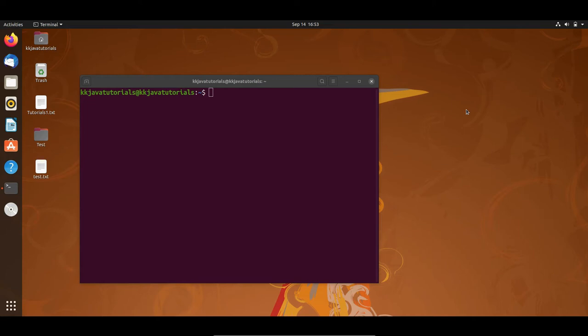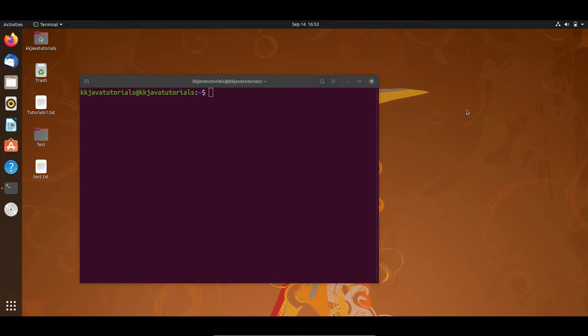Tutorials. In this video tutorial, we'll talk about the echo command in Linux. The echo command in Linux is used to display text that is passed as an argument. This is a built-in command tool and is mostly used in shell scripts and batch files to output status to the screen or a file, right?